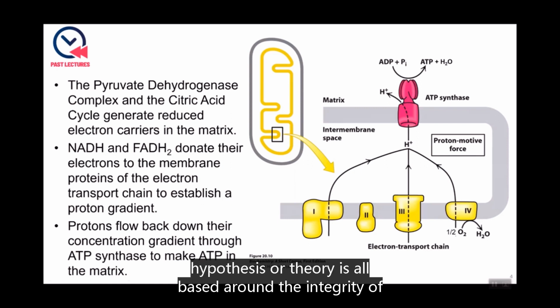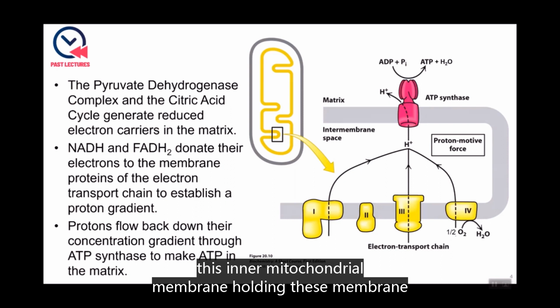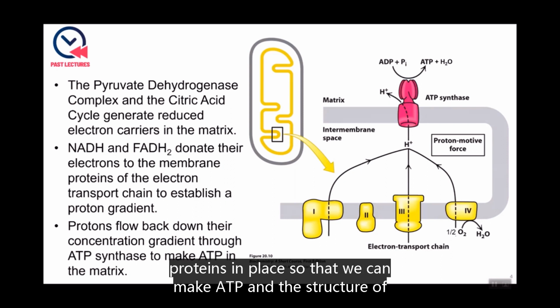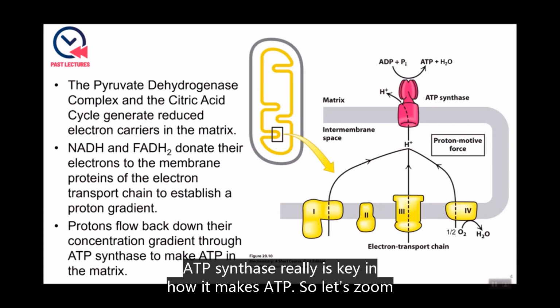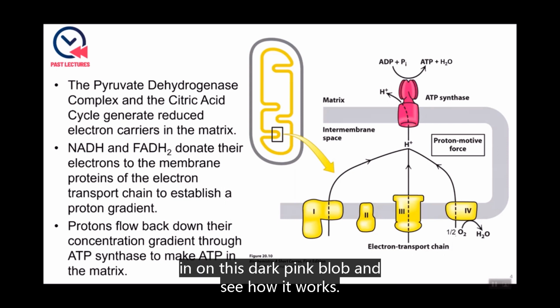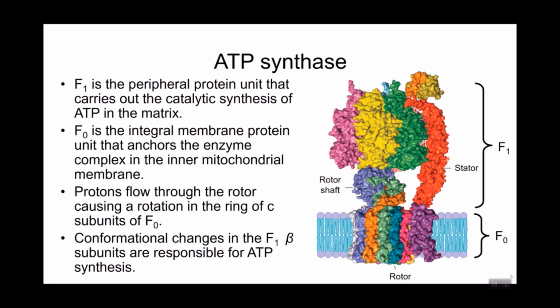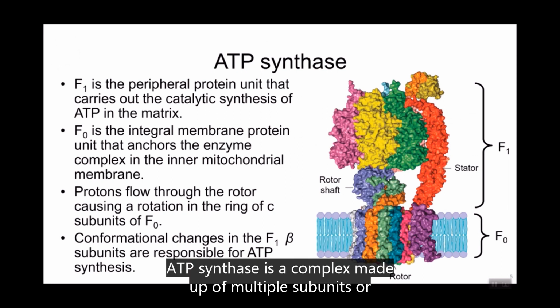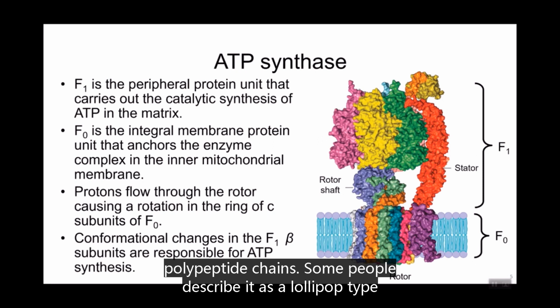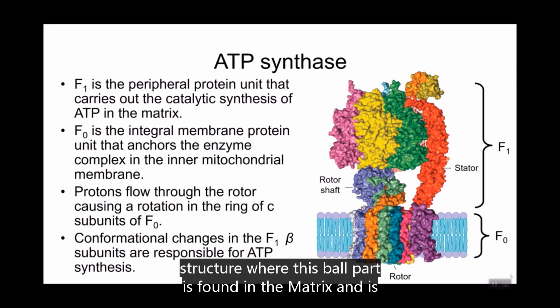Remember, the chemiosmotic hypothesis or theory is all based around the integrity of this inner mitochondrial membrane, holding these membrane proteins in place so that we can make ATP. And the structure of ATP synthase really is key in how it makes ATP. So let's zoom in on this dark pink blob and see how it works. ATP synthase is a complex made up of multiple subunits or polypeptide chains. Some people describe it as a lollipop-type structure where this ball part is found in the matrix and is responsible